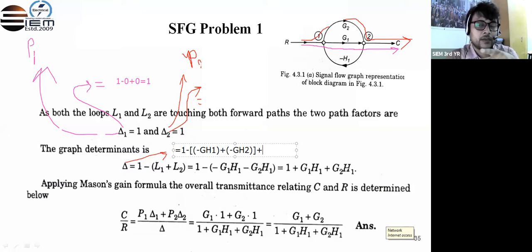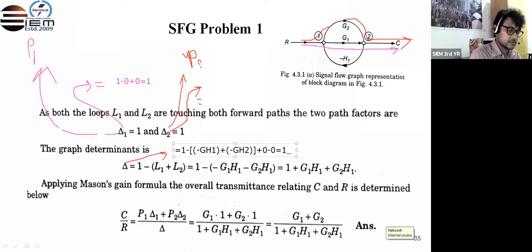But you see in this particular diagram, both loops L1 and L2 have the common terminals y2 and y3. So this is the common terminal, no other combination is possible, so it is 0. And then minus, three non-touching loops are not available, so it equals 1